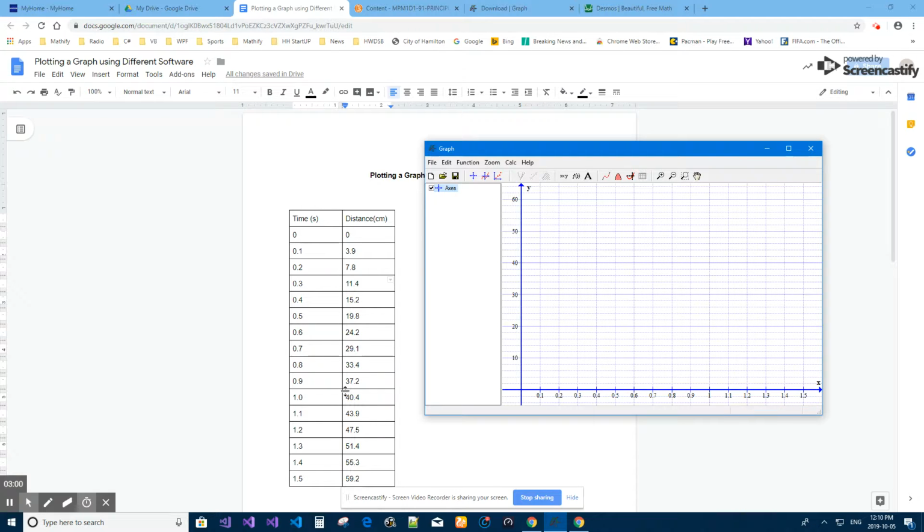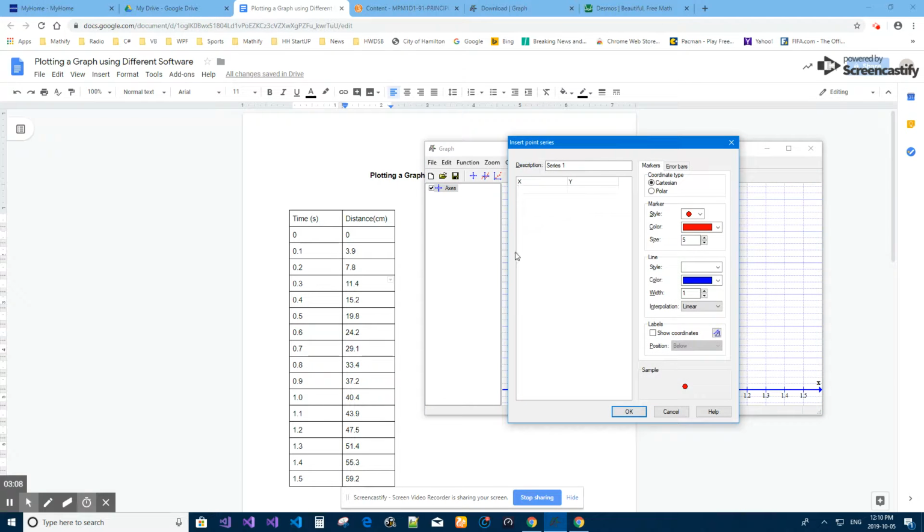Now I'm going to put in my points. So this icon is insert a point series. So when I click this, I get my X and my Y. So I have 0, 0, 0.1, 3.9, 0.2, 7.8, 0.3, 11.4, 0.4, 15.2, 0.5, 19.8,